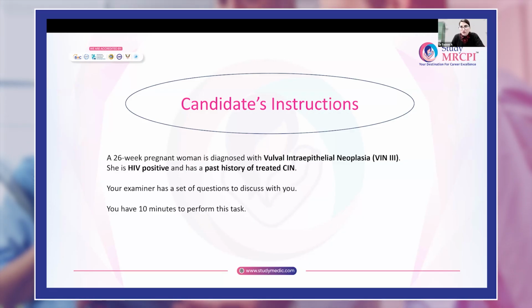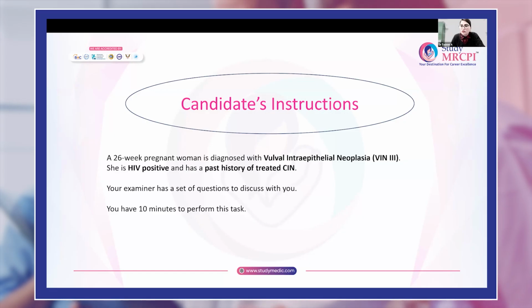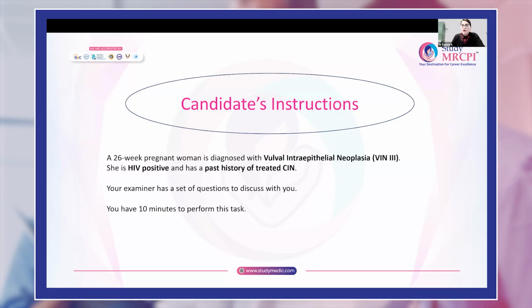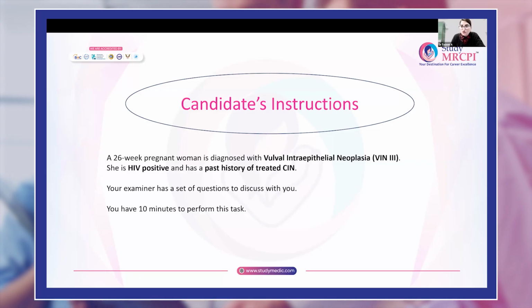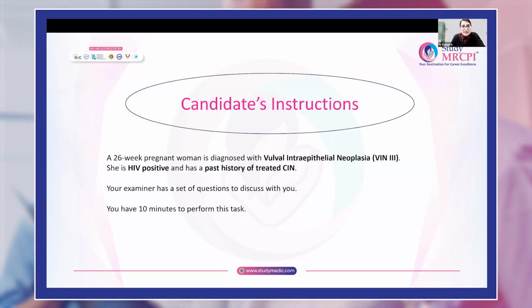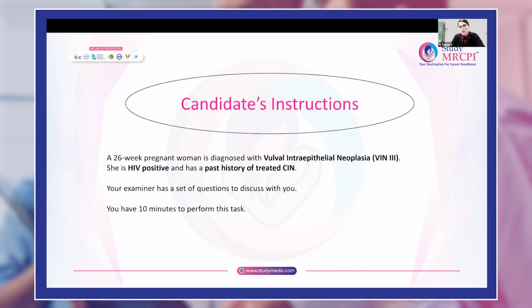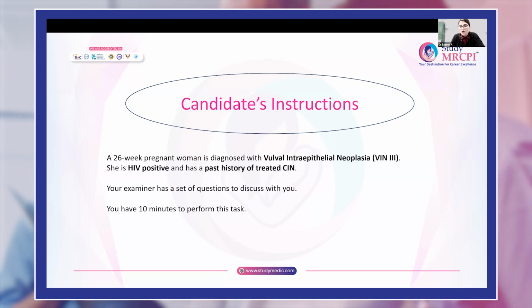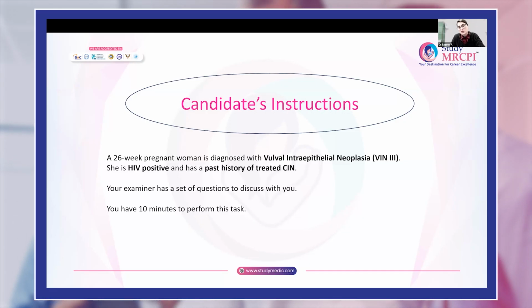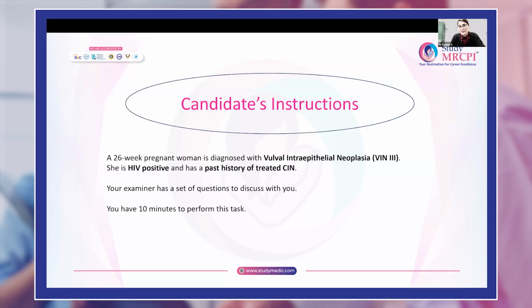However, we have to be very cautious about the increased risk of bleeding. If the lesion is distorted, then the patient might have pain, for which we need to provide her good analgesics, and that should be provided to the woman in close liaison with the pain control and analgesia team. Otherwise, it is not an indication of cesarean section.